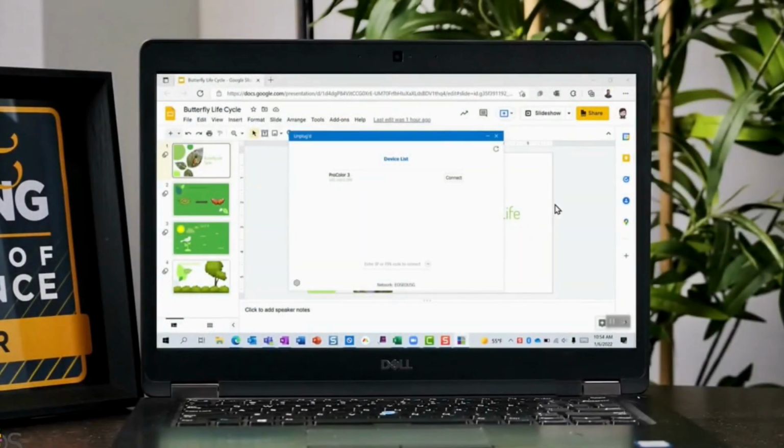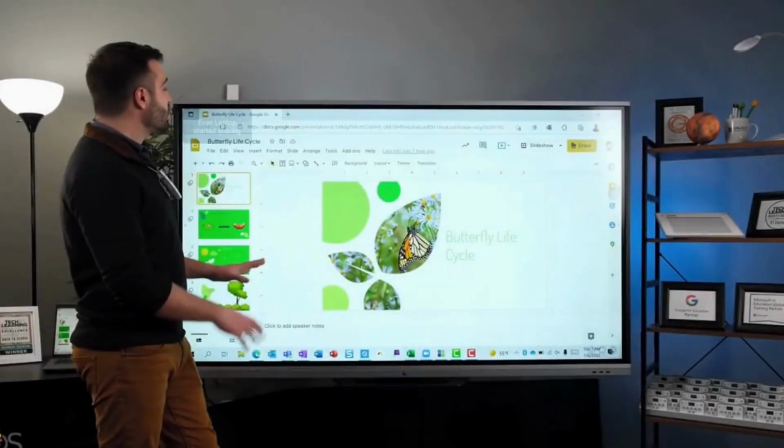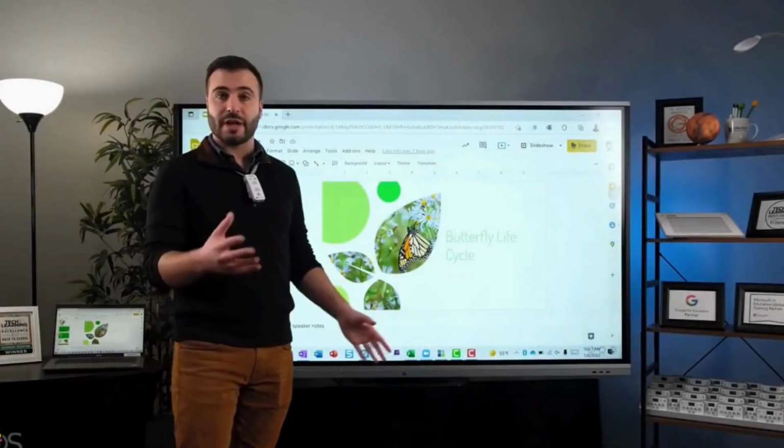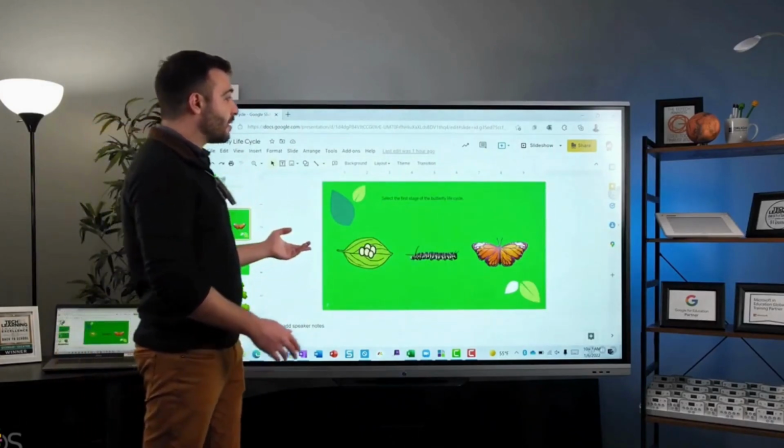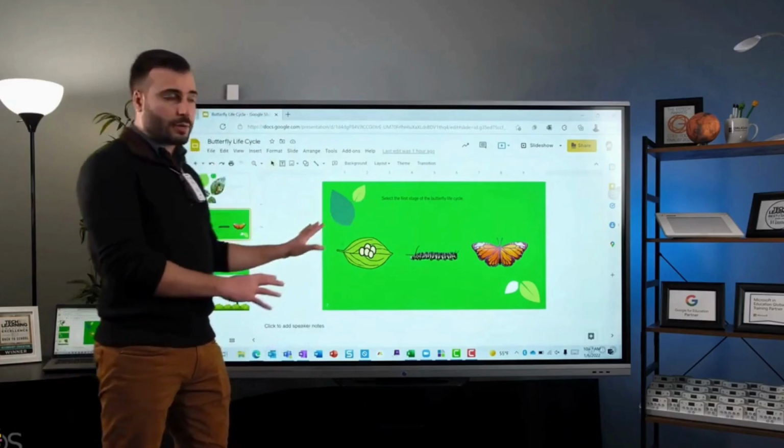Here on my computer, I'm going to connect through Unplugged to my ProColor 3 panel, and I'm going to go ahead and share my screen. So now up here on the panel, you see I have a Google Slides presentation that I've opened up. I do have control over the touch functions of this panel here, so I can control the entire presentation here